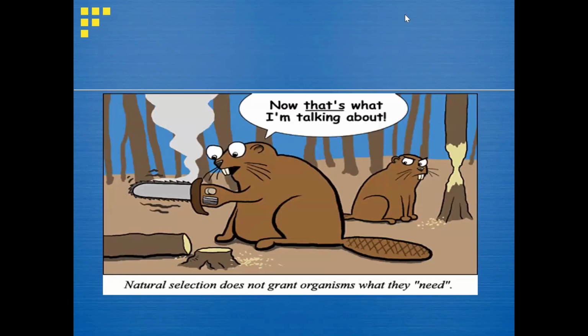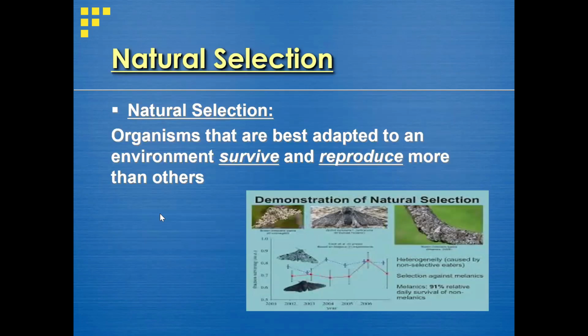So now, that is what I'm talking about. Natural selection does not grant organisms what they need. So now we are going to look at natural selection. What is natural selection? Natural selection means organisms that are best adapted to an environment survive and reproduce more